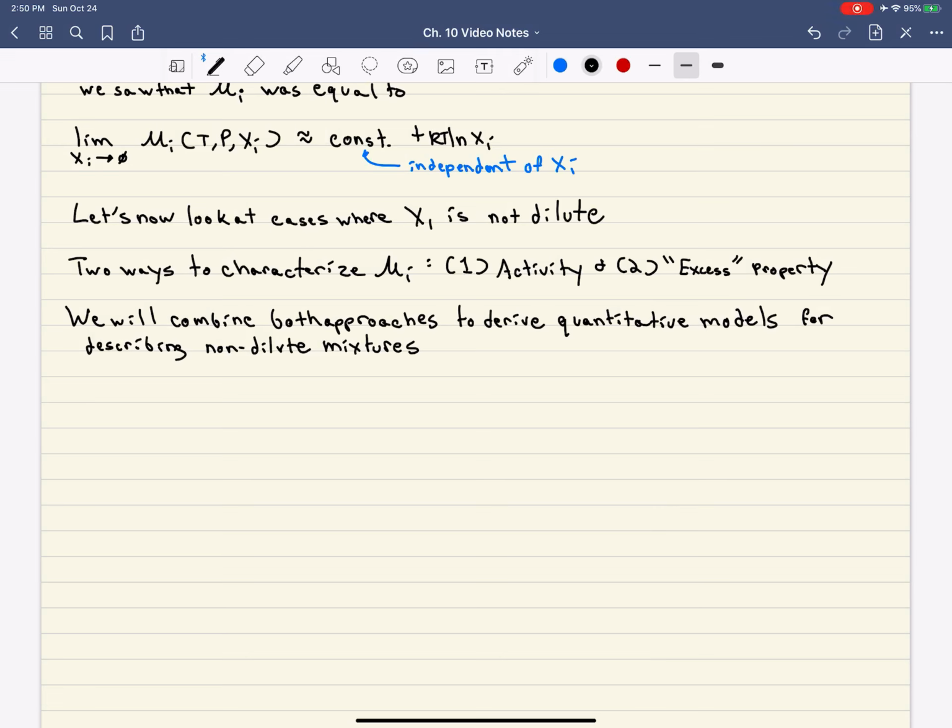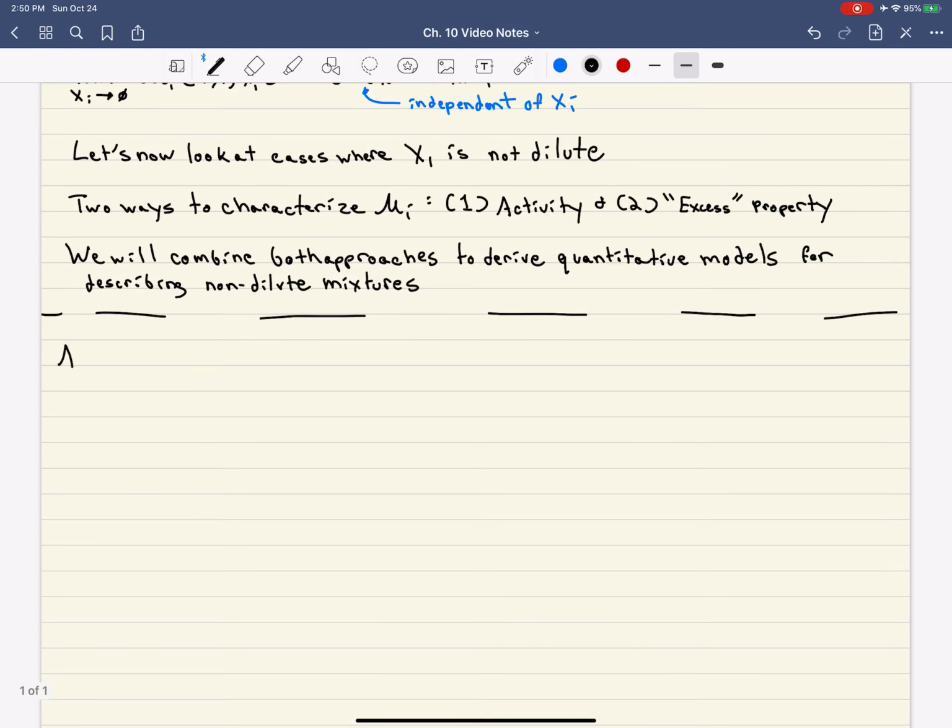So to describe non-dilute mixtures, we could either take the activity approach or the excess property approach. Let's first talk about the activity approach. Okay. All right, and so when we say that we're looking at the activity of a mixture, essentially what we're